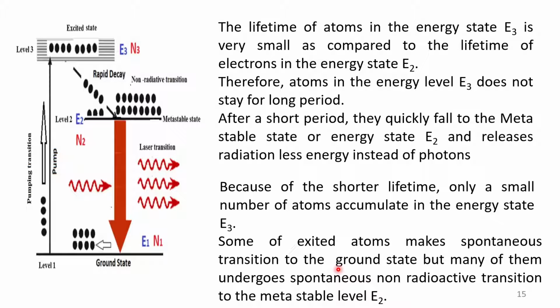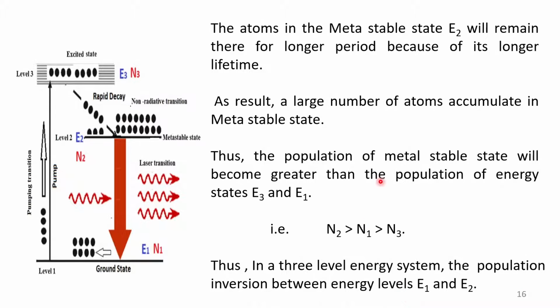During the transition from the level E3, some of the excited atoms make the spontaneous transition directly to the ground state. Here, some of the atoms go directly to the ground state energy, and many of the atoms undergo the spontaneous non-radiative transition to the metastable state E2. The atoms in the metastable state E2 will remain there for a long period because of its longer